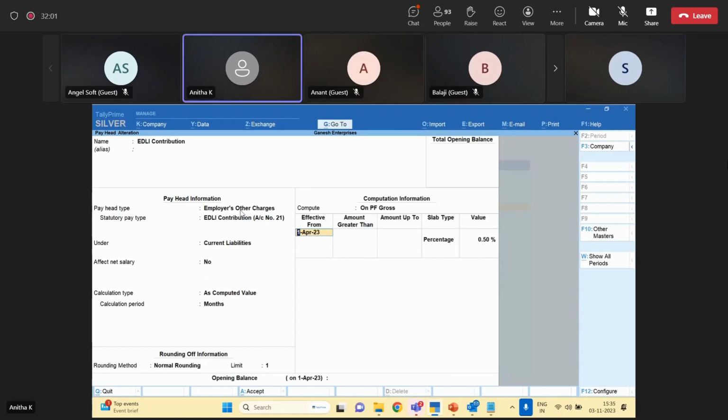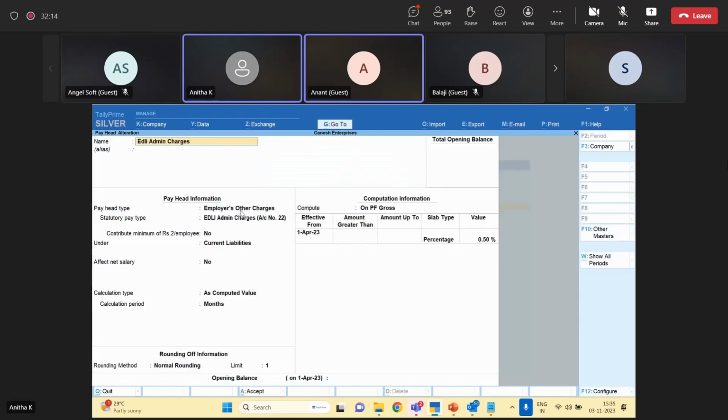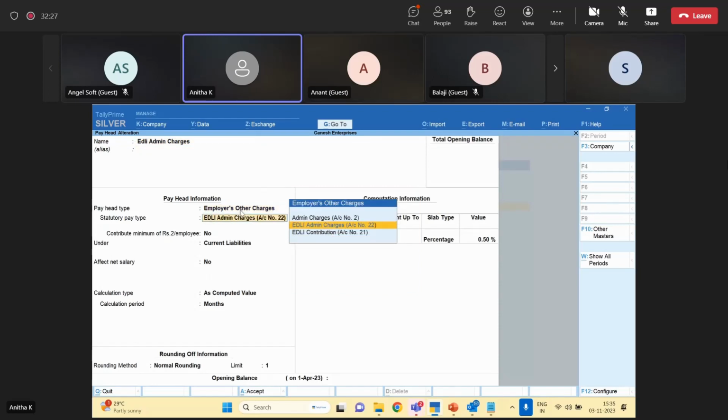If you take other charges, by default it will be allocated on the PF gross. In addition to this, there is one more thing, called EDLI admin charges. So one is EDLI contribution, the second one is EDLI admin charges. Both are 0.5% only. So under employer other charges, you create one more, and its type will be EDLI admin charges, which is